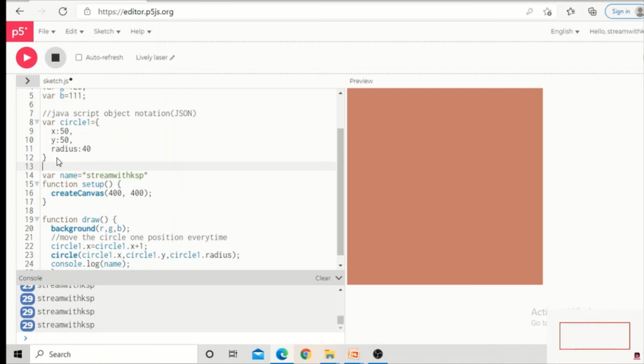So we are going to continue this JavaScript object along with the classes in the next class. So JavaScript classes are the blueprints, and the JavaScript objects are the instances of those classes. So we are going to learn more about the classes and objects in the next class.